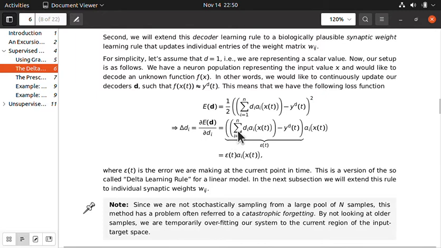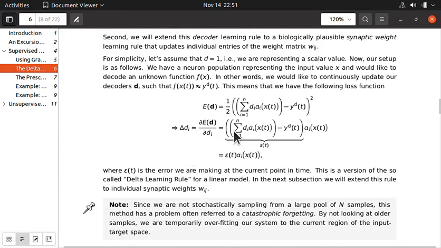This sum here is the actual decoded value. Let me start over. This is the form of the error. We have the decoded value, which is my activities of my neurons times my decoders, minus my desired value, and we square that. That's my mean squared error, and people toss this 1/2 out here because it's going to cancel out nicely in the future. Scaling your error by 1/2 doesn't change what the best decoder weight is. If I take the derivative of this with respect to D,